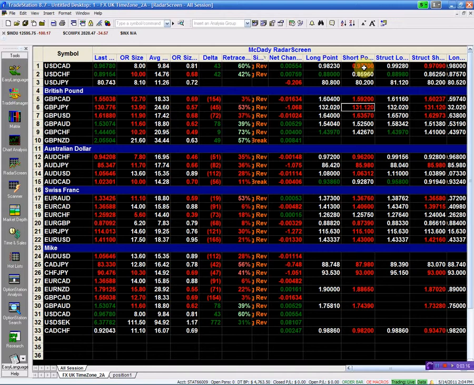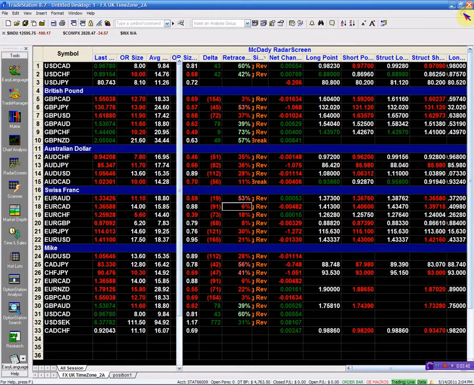So for example, you see that the pound CAD is extremely weak. You can also see that the Aussie CAD is weak. You can see that the Euro CAD is also weak. So primarily the CAD, in essence, had some underlying strength. Okay, so this is just an initial gauge. So let's go back to our